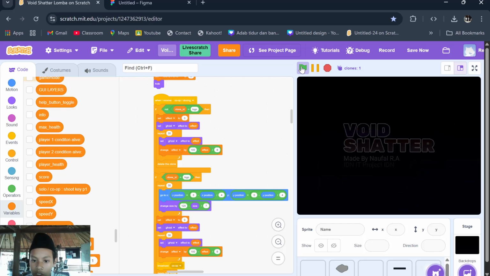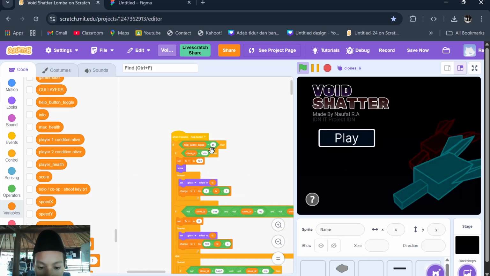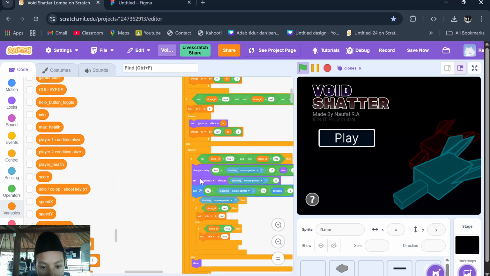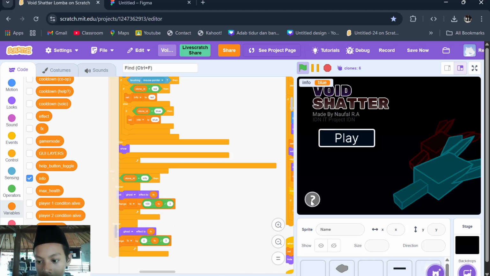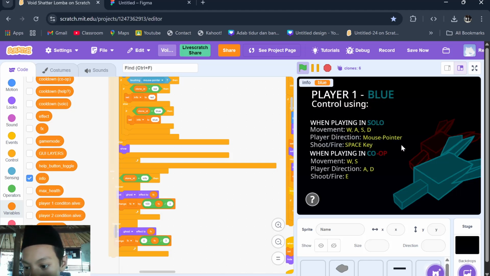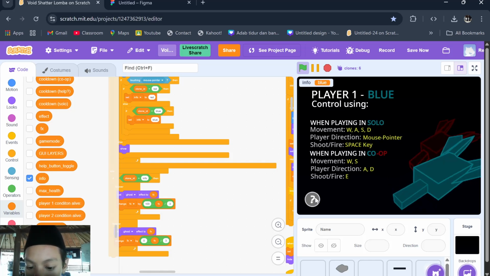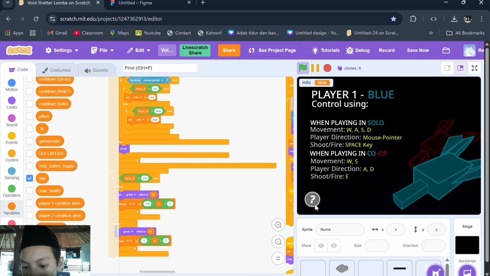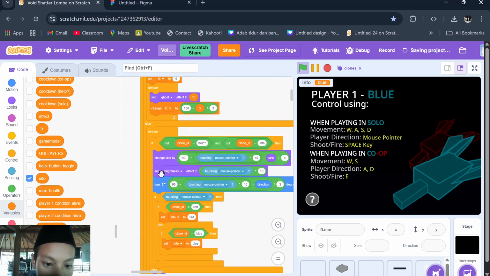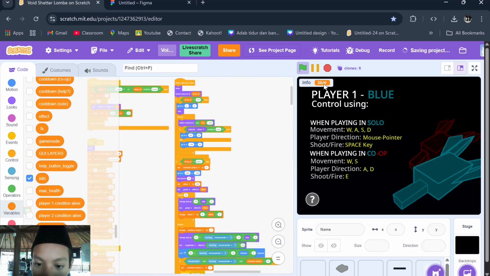Now this is when you click the help button. This will spawn the information. This is how the information shows when you are hovering over it, so it looks like this. Red, blue, red. It literally says to put the custom name of the clone into the variable, so the clone info will switch its costume to the variable.